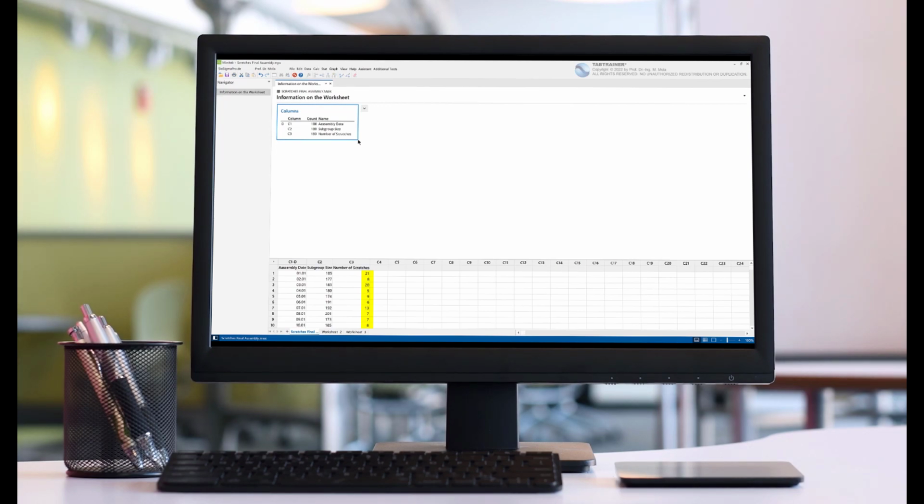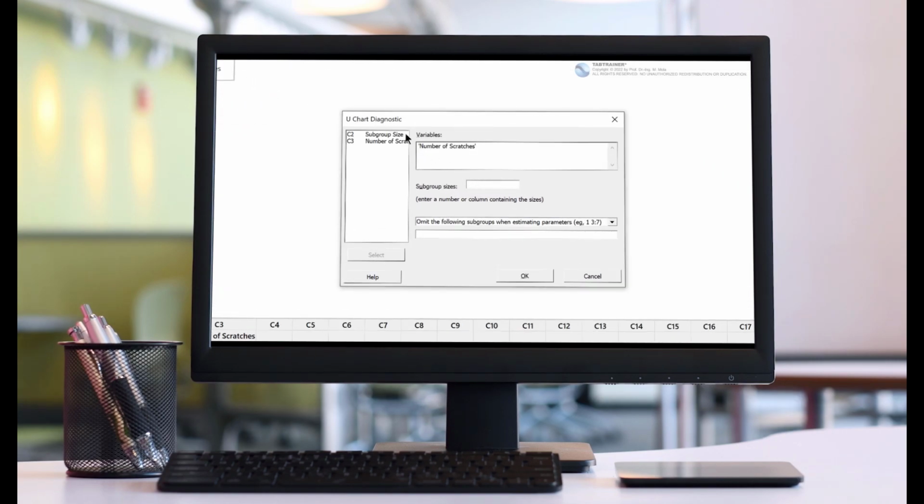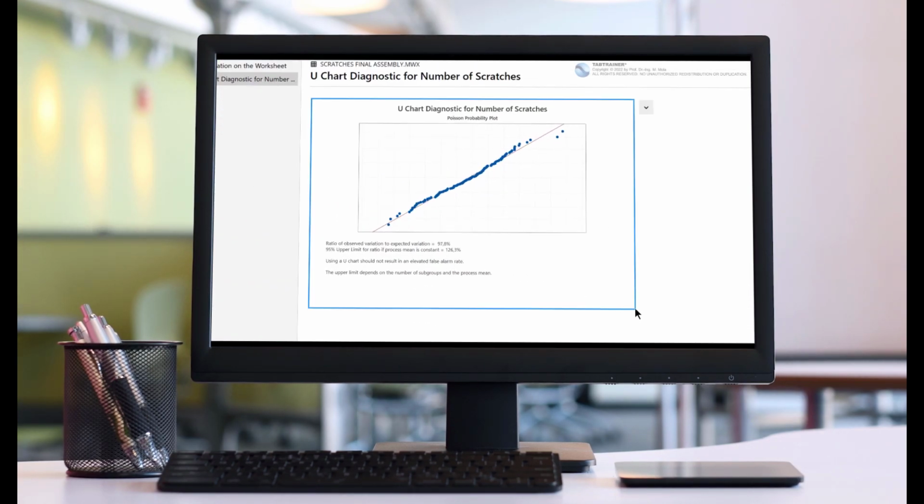In order to be able to record the extent of surface damage in a more differentiated way in the future, the number of surface scratches has also been recorded by the automatic surface inspection system. In this Minitab tutorial, we will therefore learn to map the number of scratches detected on each product using a quality control chart, and to analyze whether the assembly process can be classified as a stable process in terms of